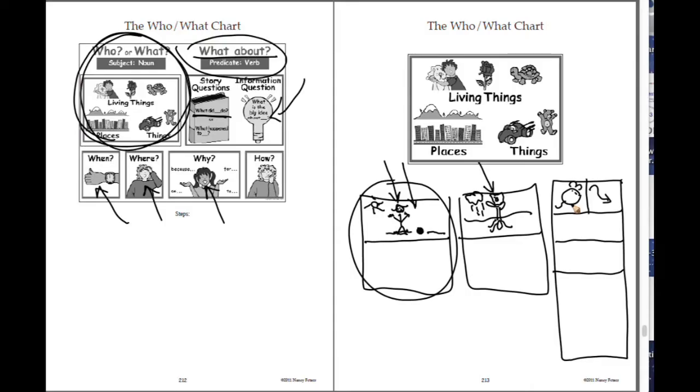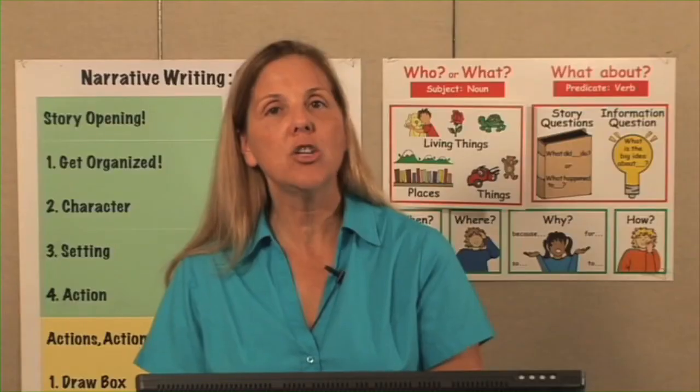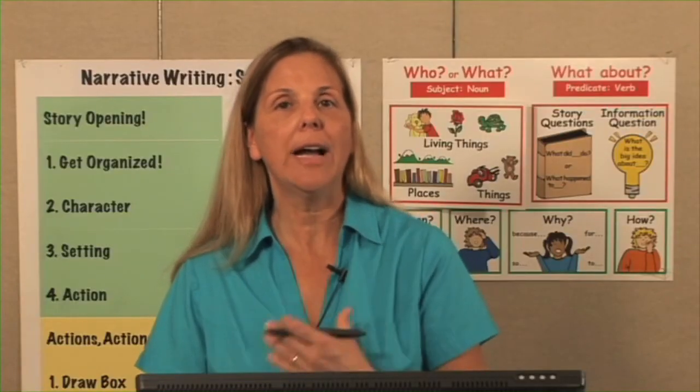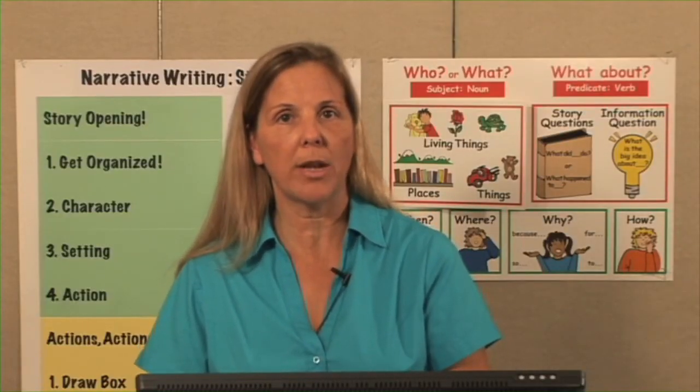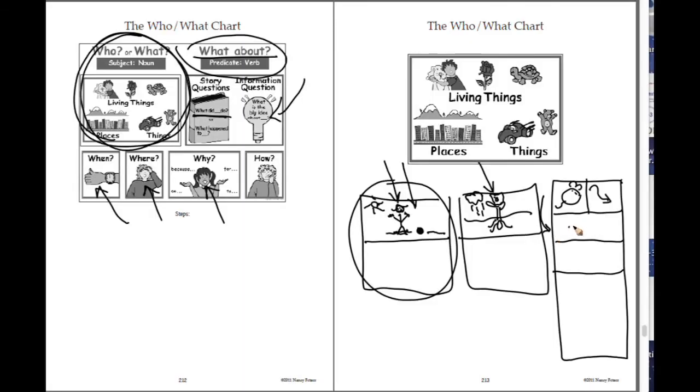Who or what is this story sentence about? A mouse. What's the mouse doing? Action. What's the mouse doing? The mouse is running around the field. Now we're going to go to the next box and they draw a picture. They're going to figure out, well, what happened next after the mouse was running around the field? Oh, maybe he